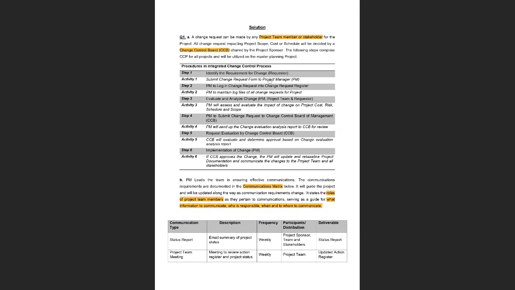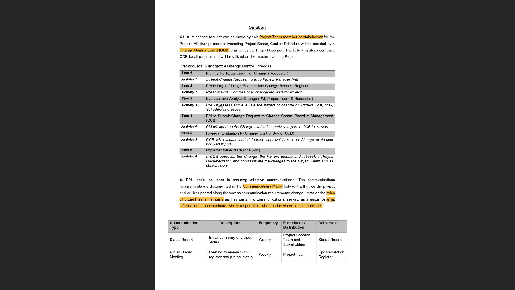So the request won't be going directly to the CCB. First the requester will fill out a form requesting this change, and then it will be sent to the project manager. Now, the project manager will maintain a record of all of these requests for any change in the project.